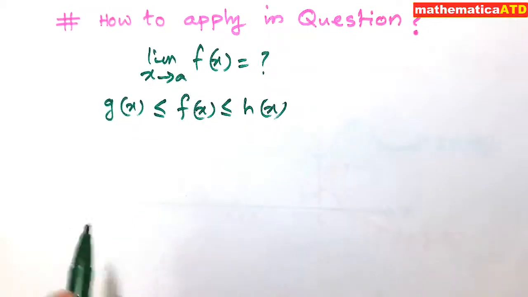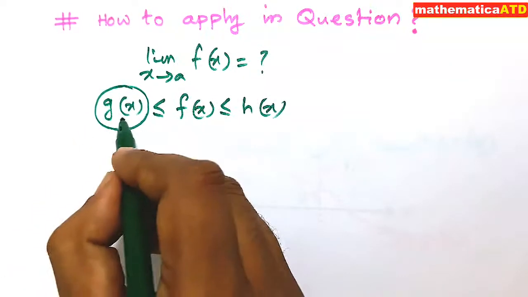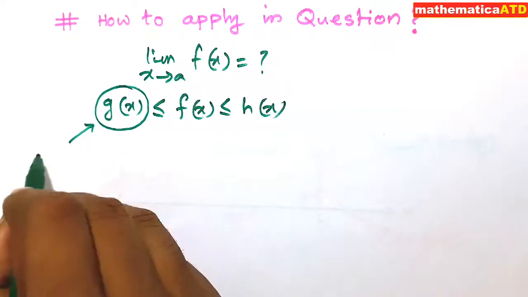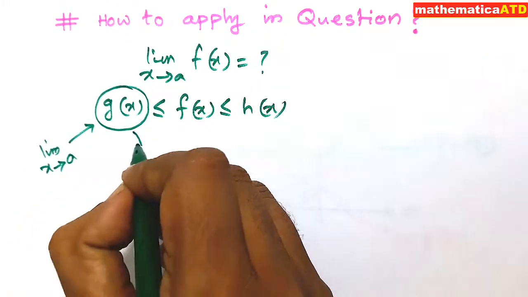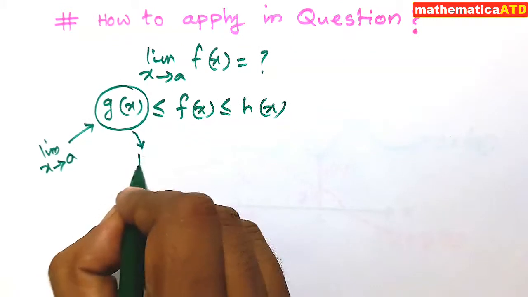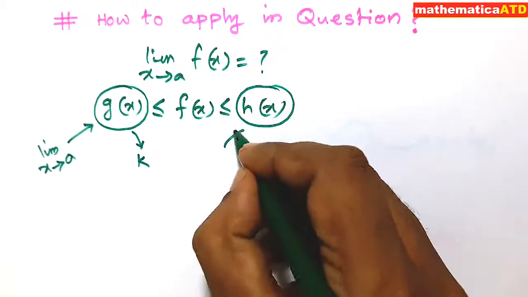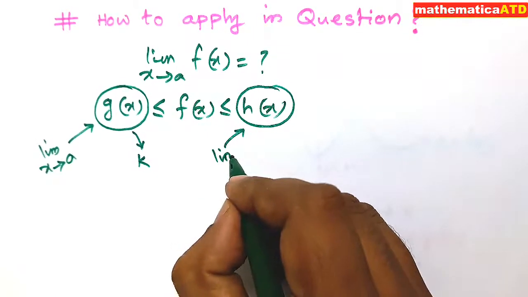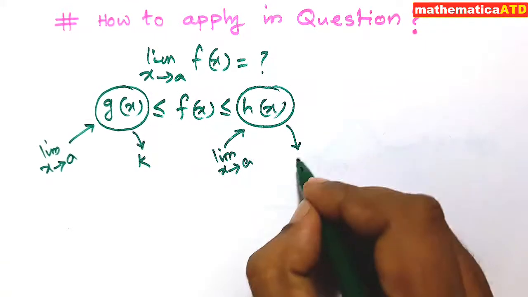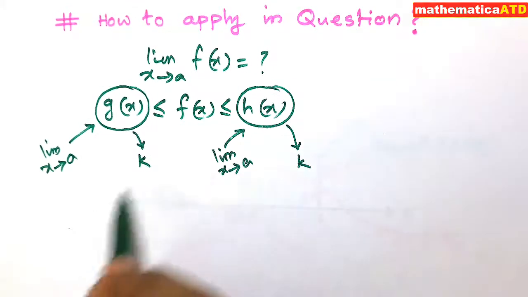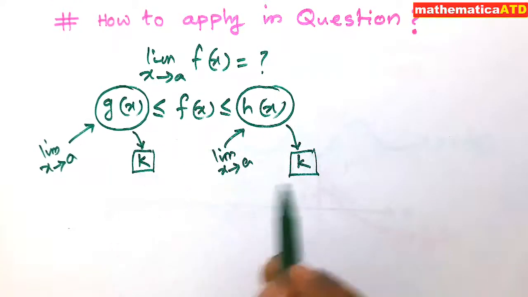Okay, so when we take the limit of this function g(x), say as x tends to a, and it gives an output k. And similarly, if we take another limit here, the same limit as x tends to a, and it again gives the output k. Since both the limiting values are the same, k and k here,